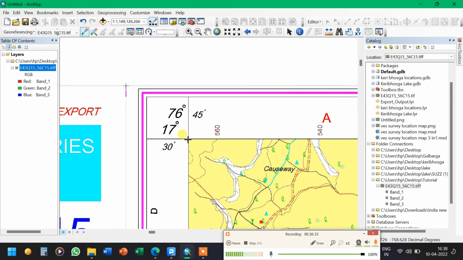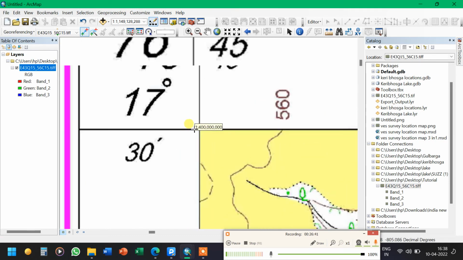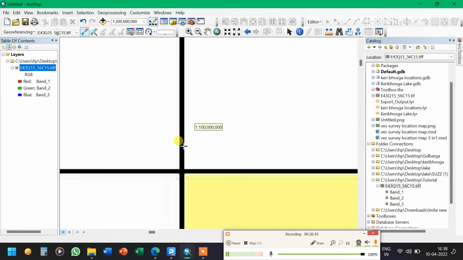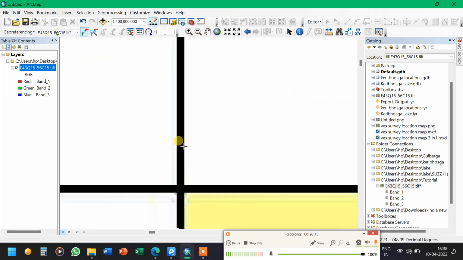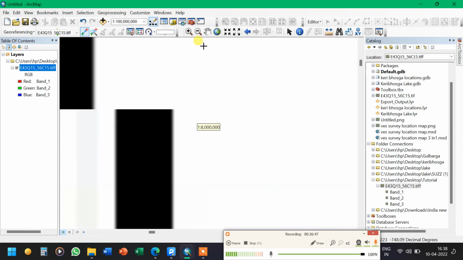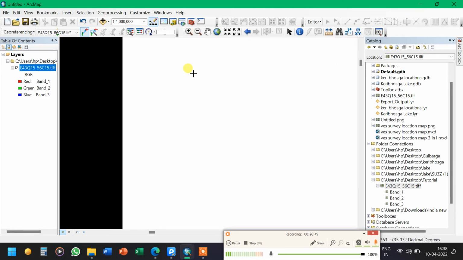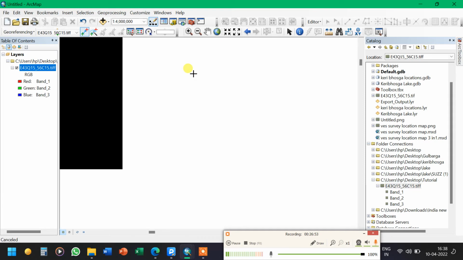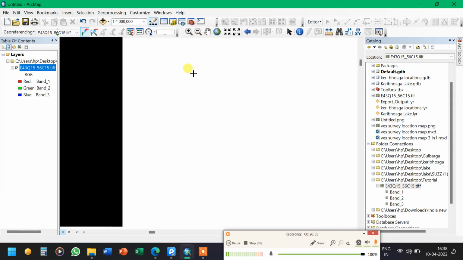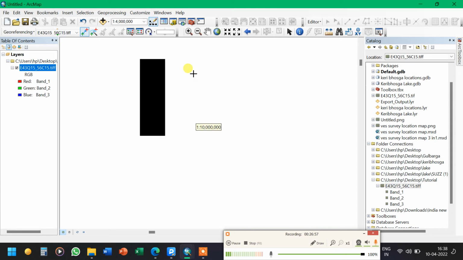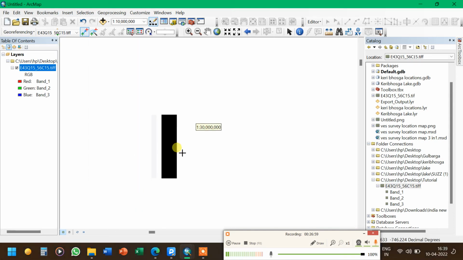So now I'm zooming it. This first one we know is 17.5 and 76.75. I'm zooming. So where I am,